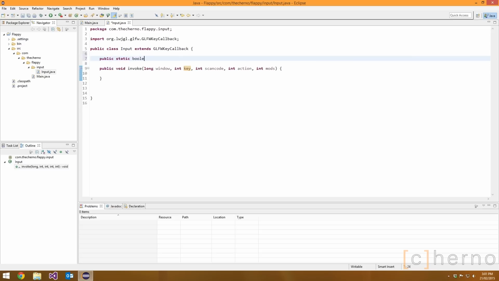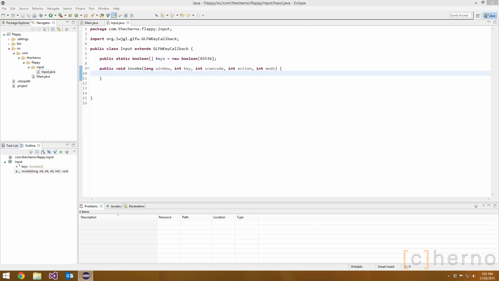We're going to make a public static boolean array called keys, which will be set to new boolean. I'll set it to the highest value that an unsigned character can represent, just because we can't possibly have any key codes higher than that. That could be a lot of memory being allocated, but whatever. That's not really that much. A boolean's only 1 byte anyway, it should be. Okay, cool. So now that that is done, when we do invoke something, what we want to do is